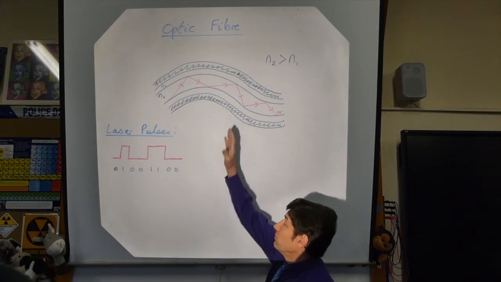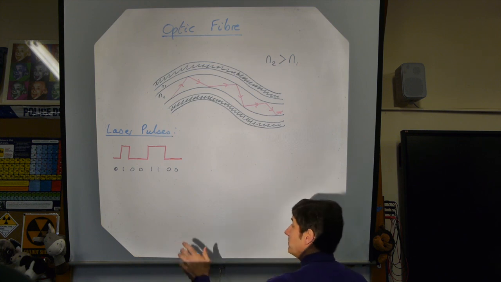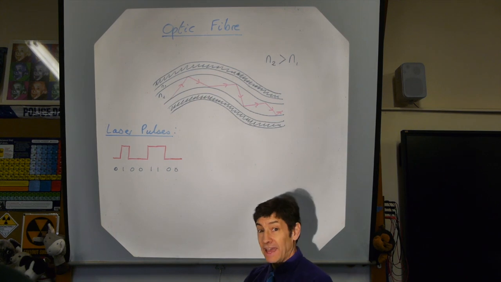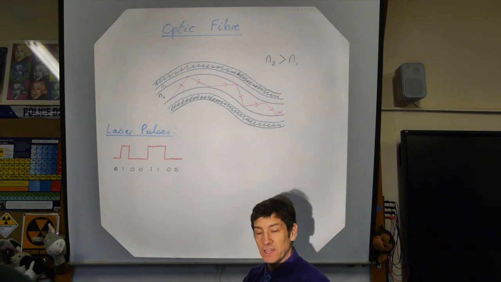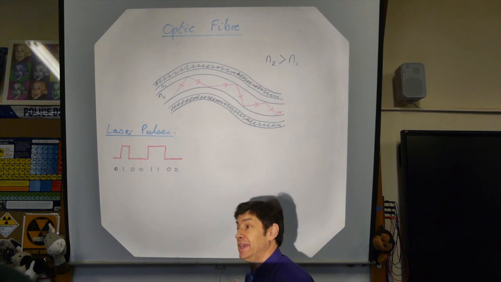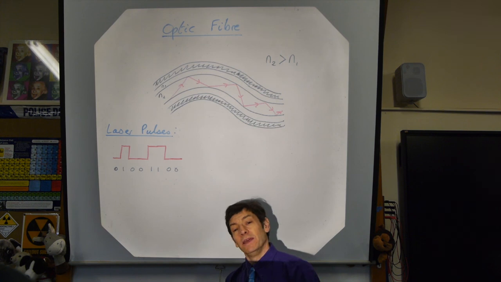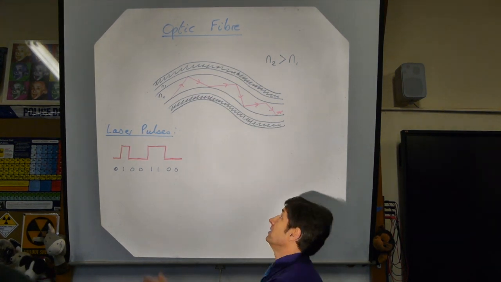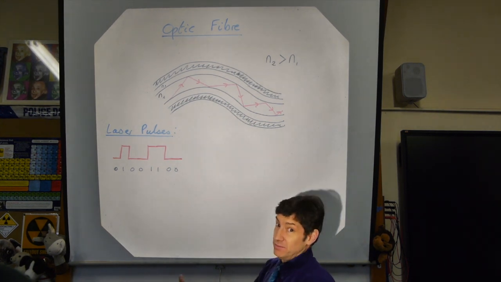So we've used our optic fibre to, now listen to this. I was just about to say, we've used an optic fibre to carry signals around the world with lasers at the speed of light, which is phenomenal. It's about 7 times around the Earth per second. But be careful, it is at the speed of light-ish, but remember that N2, apart from the fact it's not straight, N2 will not be 1. So in fact, the laser beam goes down the optic fibre slower than the speed of light, but it might